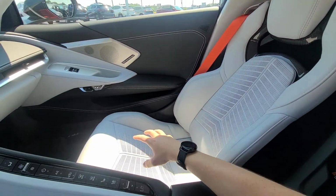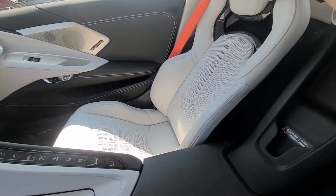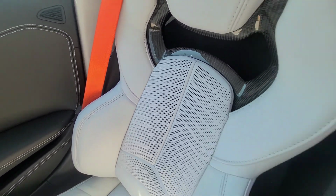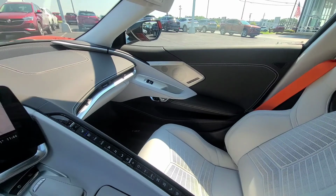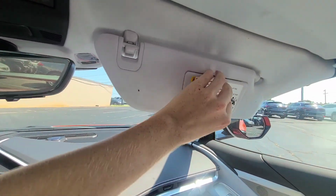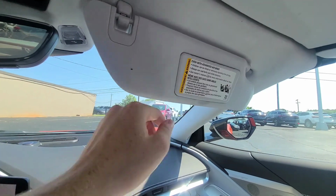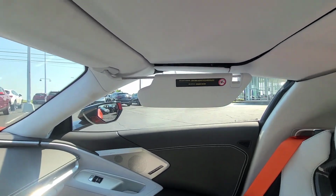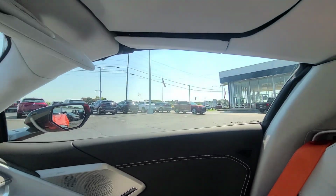And then I'll show you, these are the seats. They're very contoured, very white leather. They've even got carbon fiber in the middle there. And yeah, so we've got our digital rear view camera that I told you about, which is our rear view mirror. We've got this here. It does come out for what you might call coverage, but honestly this is a convertible, so